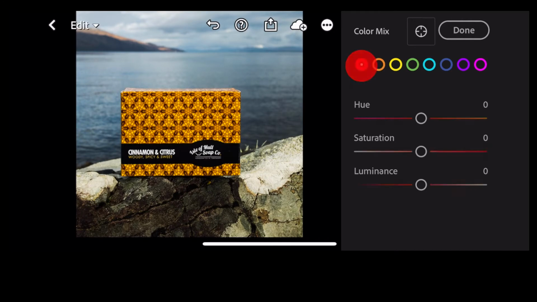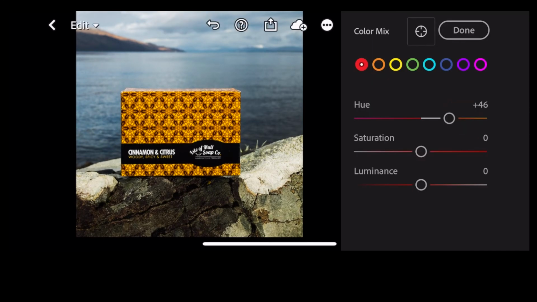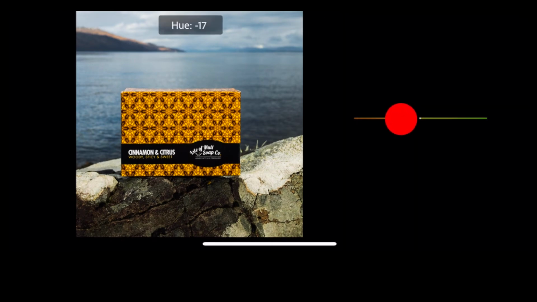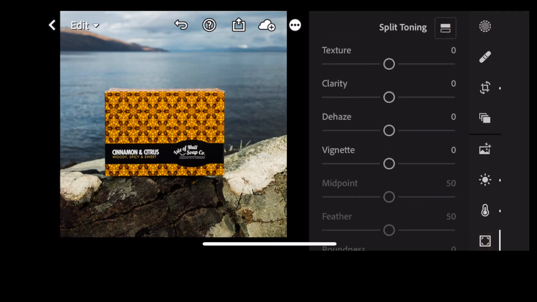Or I can click on the red, and because it's a colour spectrum, if I pull the hue of the red up towards the orange, that will boost the orange, and again pull the yellow down towards the orange, boosts it. Next I go to the effects window, which is the square with the kind of vignette effect,